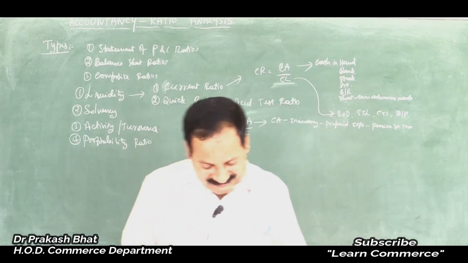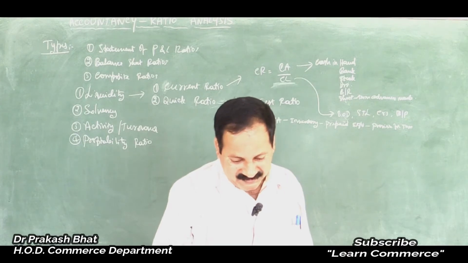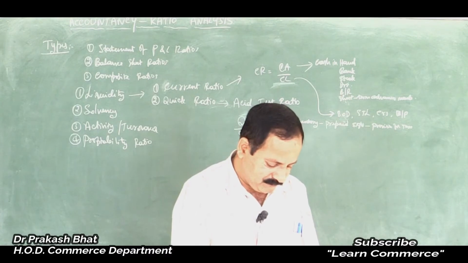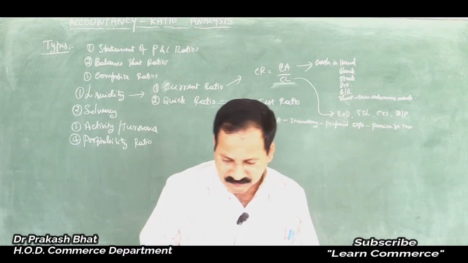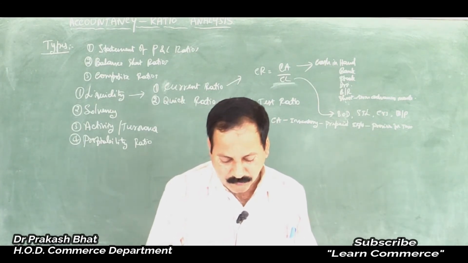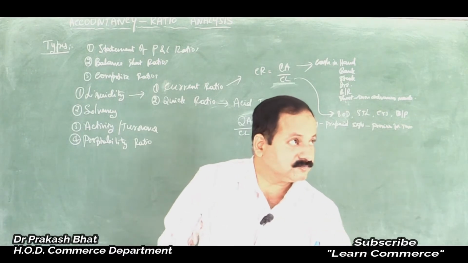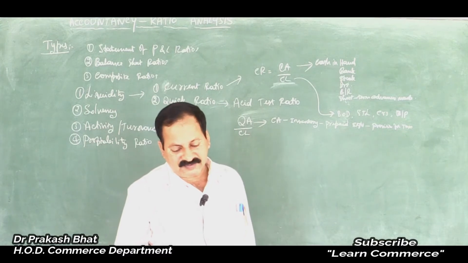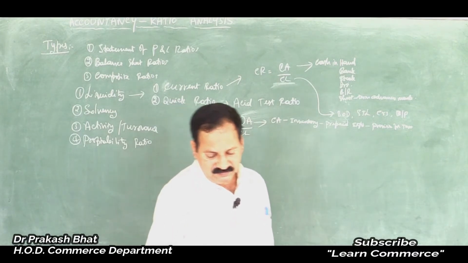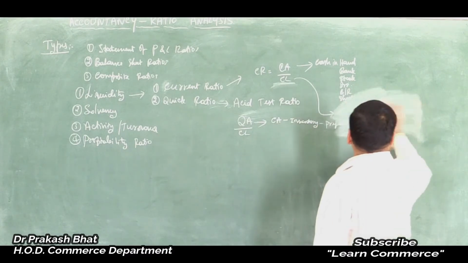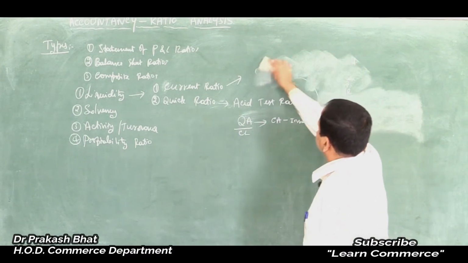Let us take up the problem and solve some problems on this. Then we will move on to the next part, other ratios. Now, open your question bank, page number 120. Question number 1, the 6 marks questions. Under that, the first one. I'll read out the problem, we'll analyze it, and in the meantime we'll solve the problem.